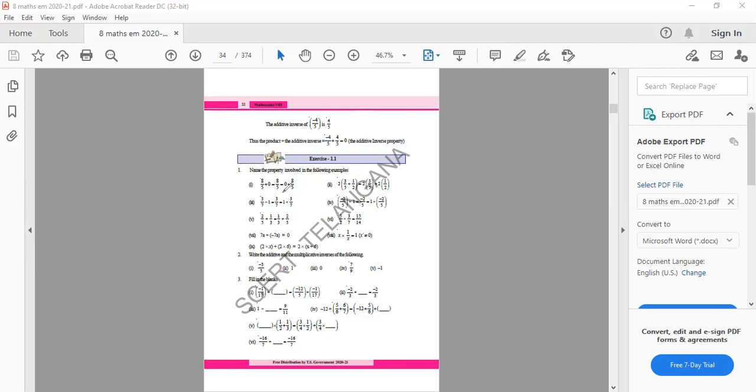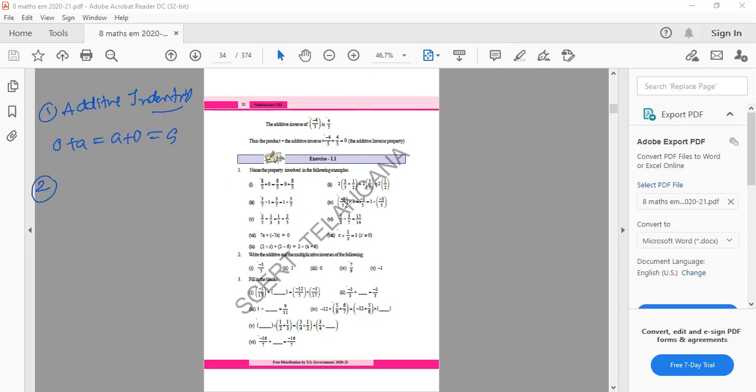8/0 plus 8/0 plus 0. You need to add 0 to something, and you get the same thing. That is called additive identity. Write down: 0 plus something is something only. That is, 0 plus a is equal to a plus 0 is equal to a only. This is additive identity.